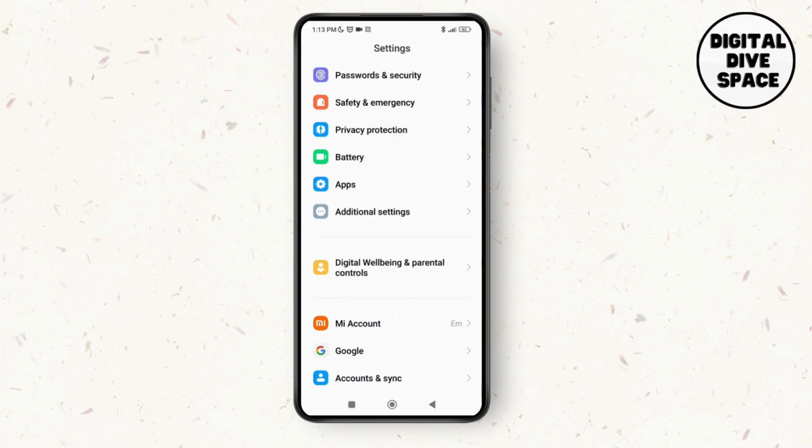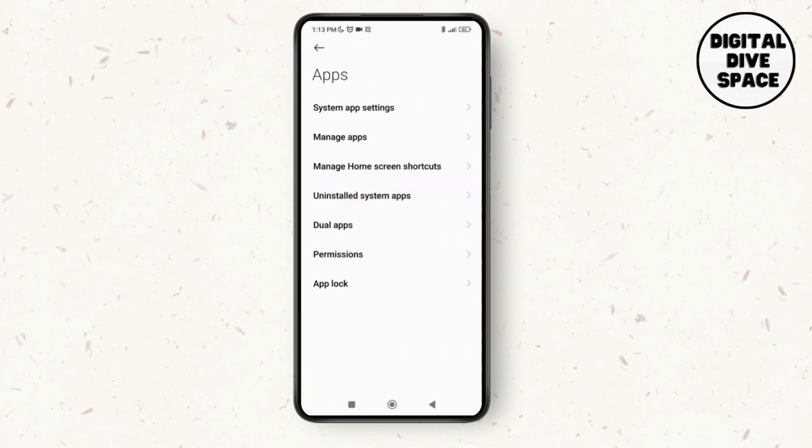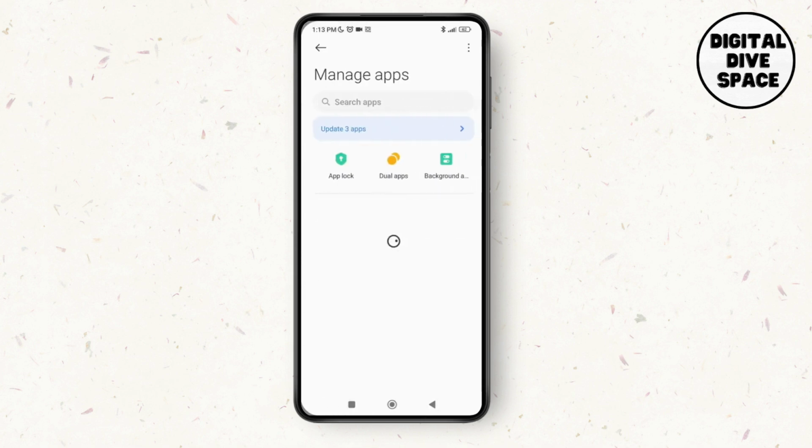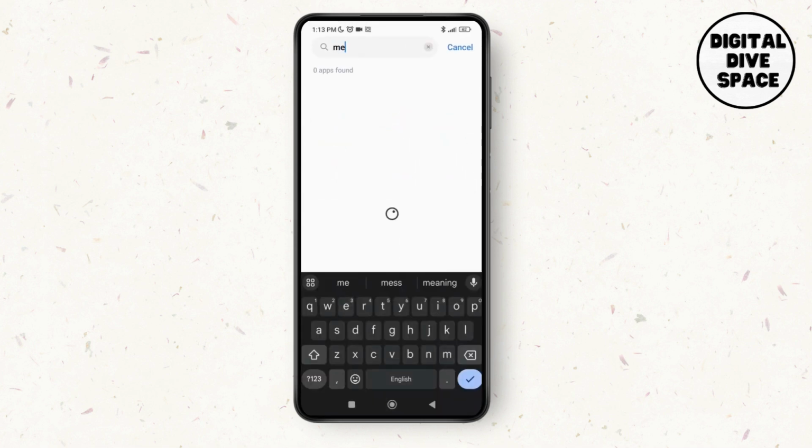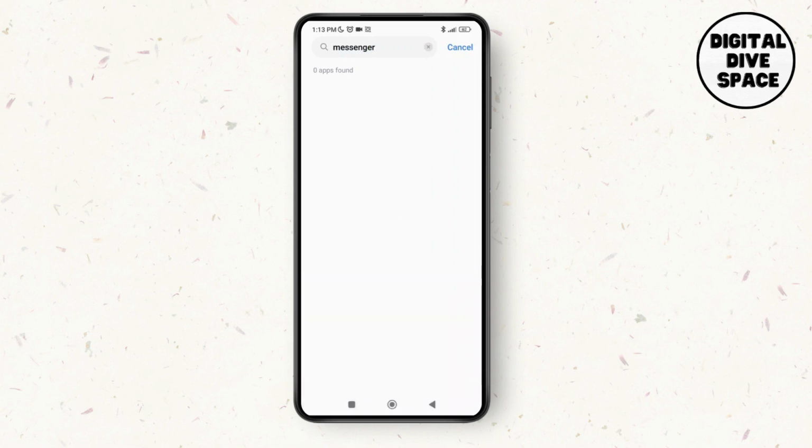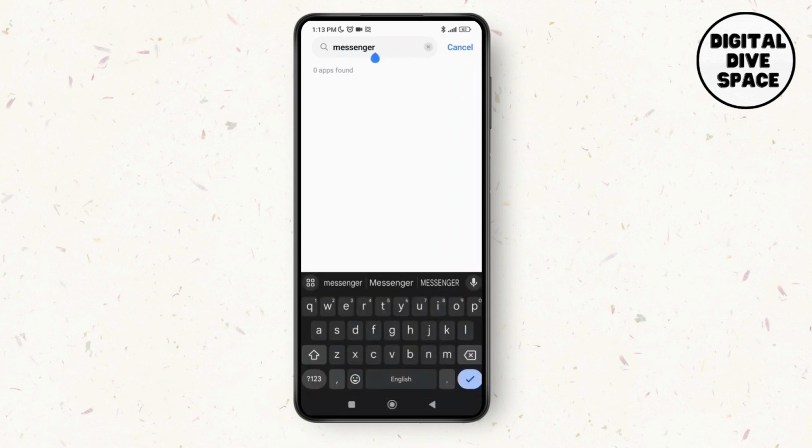If not, then you can just go to the settings and tap on apps. Then tap on manage apps over here. And as you tap on manage apps, all you have to do is search for the Messenger application. So search for Messenger over here. As you search for it, when the app pops up, just tap on the Messenger application and you'll be able